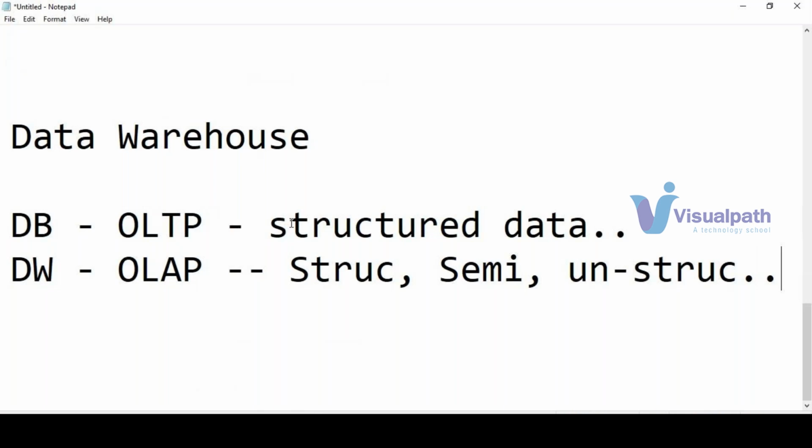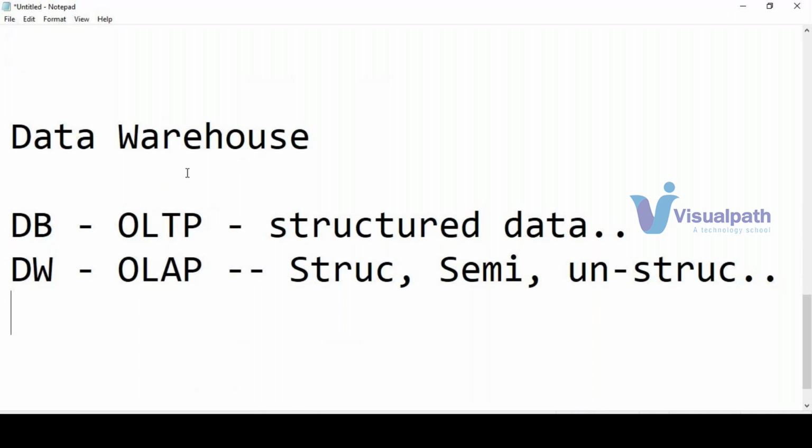So as we are having the different applications in our organization, any organization means ERP applications, CRM applications, and mainframe applications, web applications like Java and .NET. Each application is having its own database that can be DB2, Oracle, or SQL Server. Those databases are called OLTP databases because we are storing only transactional data in there,